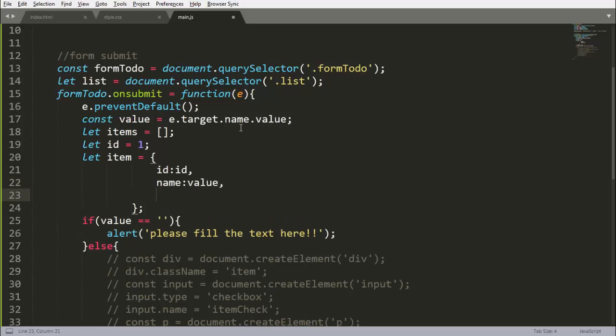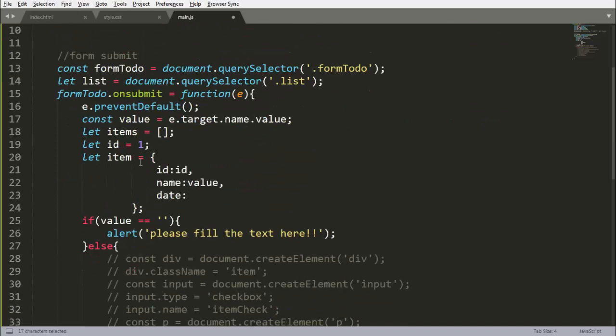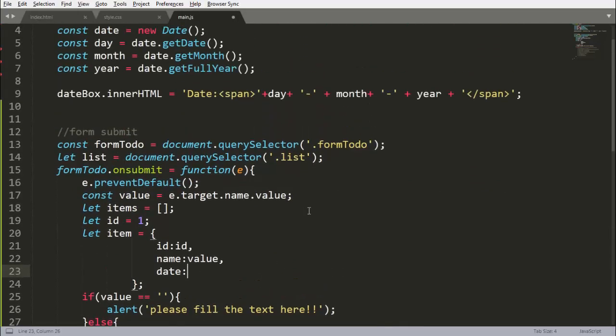And now we want the date here. So our date will be day plus month plus year. So let's make date be datebox dot innerHTML.